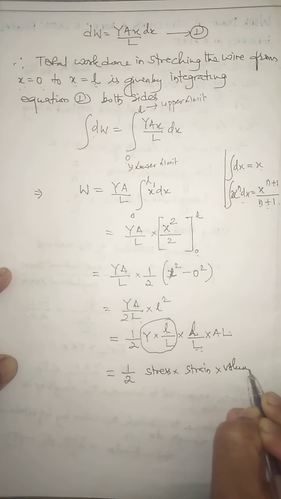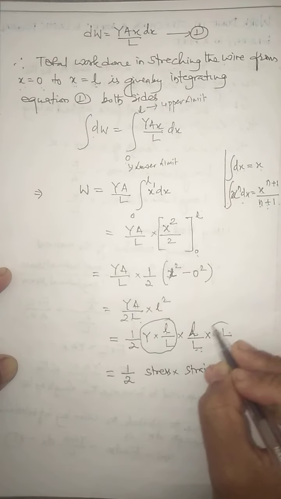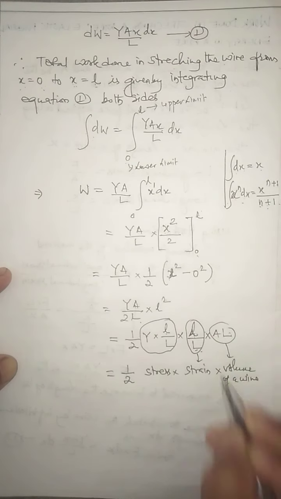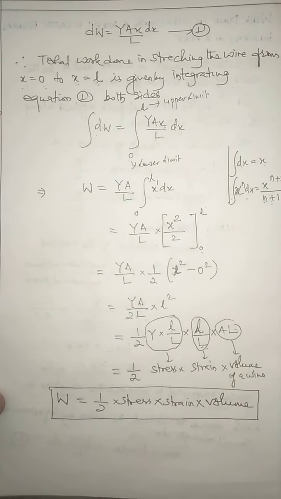This is the volume of the wire. So area into length is your volume, l by L is your strain, and this is your stress. Which means the work done in stressing the wire, or the potential energy stored in the wire, is given by half into stress into strain into volume of the wire. And the same work done is always stored in the form of